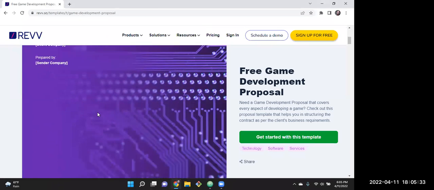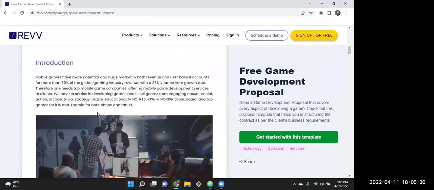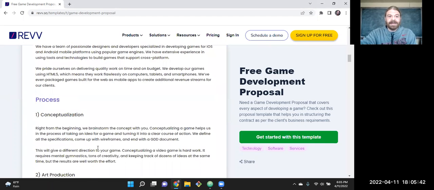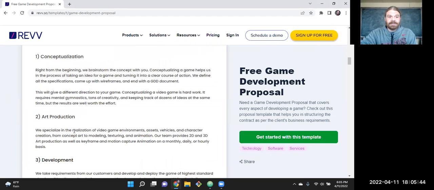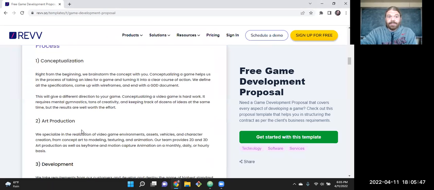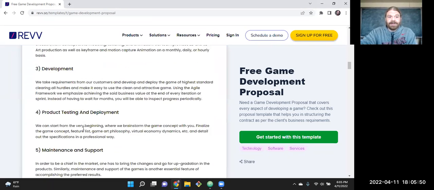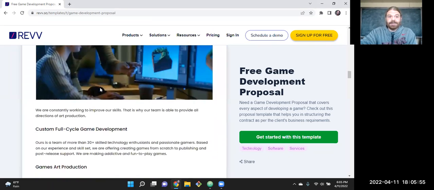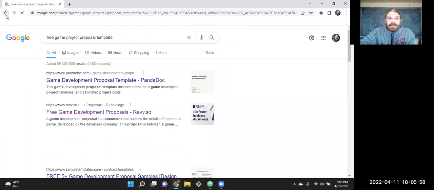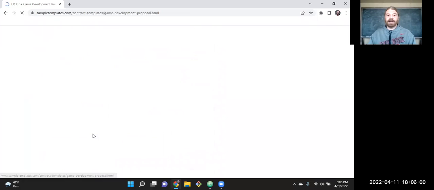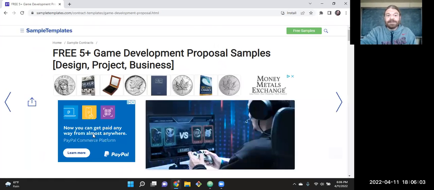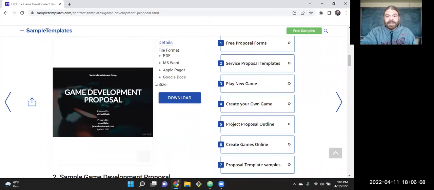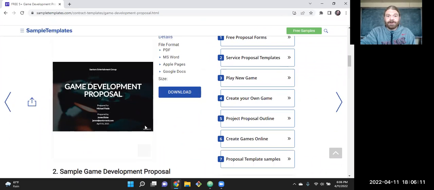You look through them. This one has a picture, and it kind of has an example, with some spots to fill in: the conceptual part of the game, so the plot and things, the art, the development, the schedule, support, and all the different parts of it. So as you look through templates, you'll see some different ones, and basically just find one you like the colors of and use that. Some have nice pictures, in Microsoft Word or Google Docs.